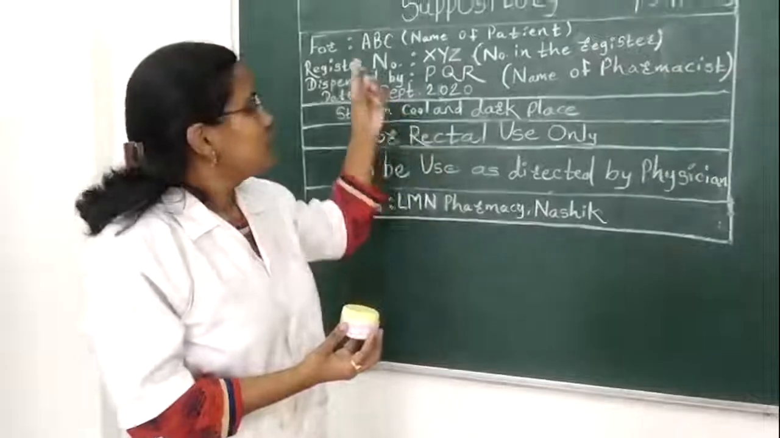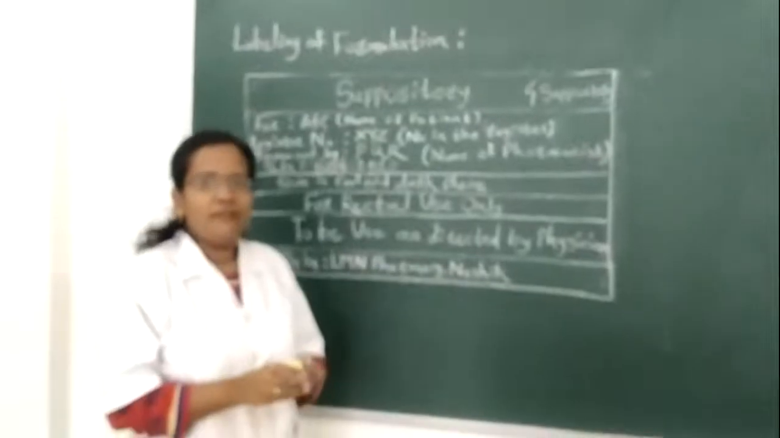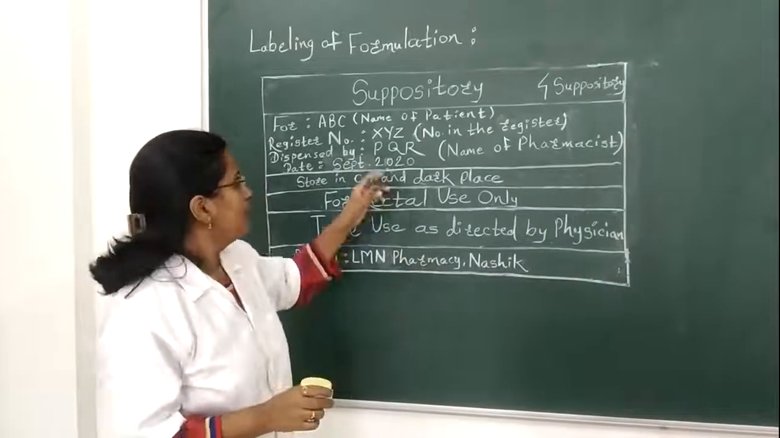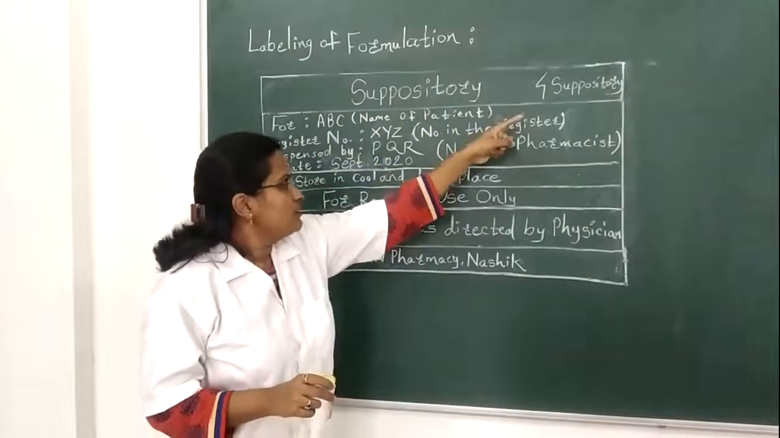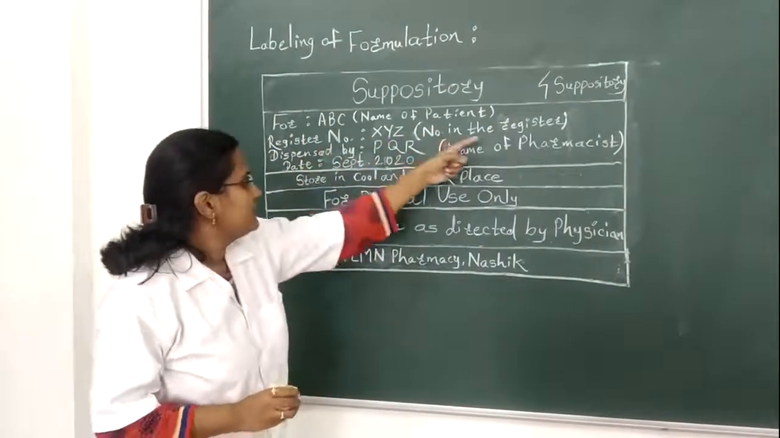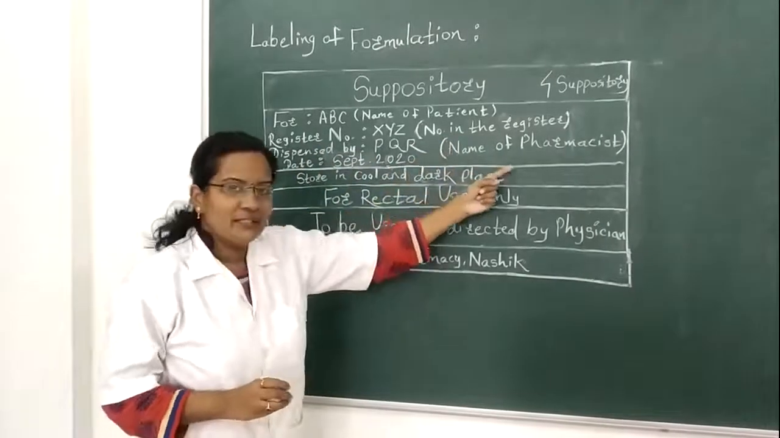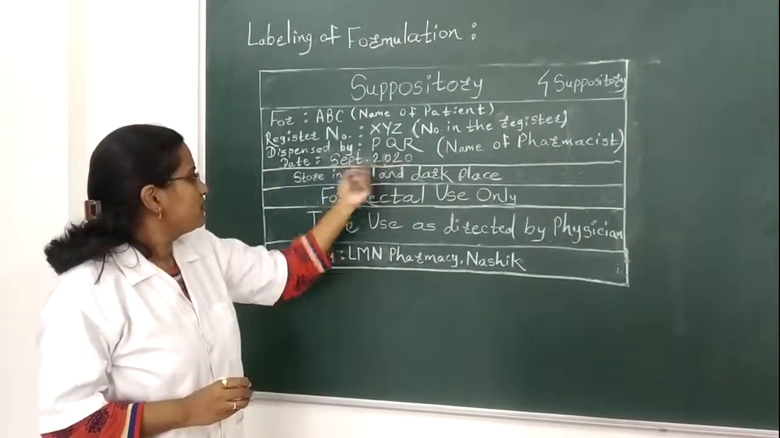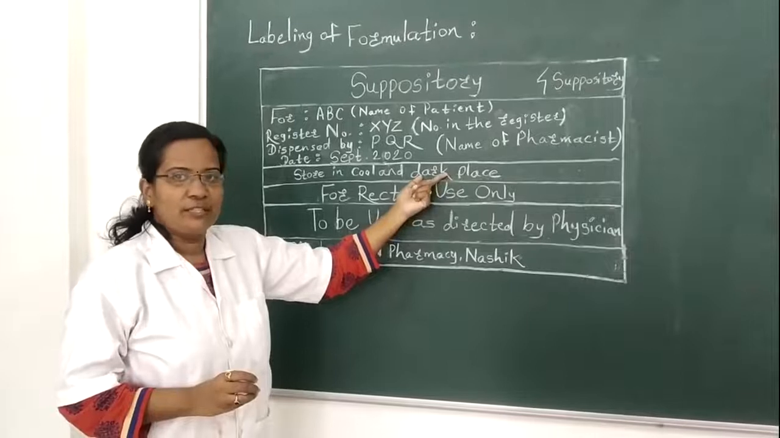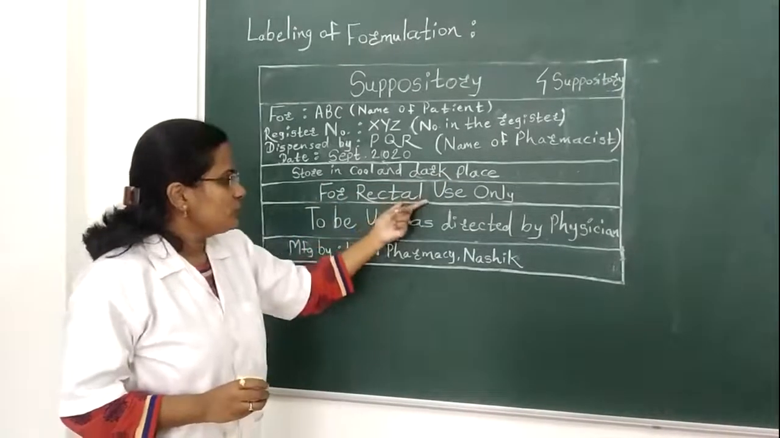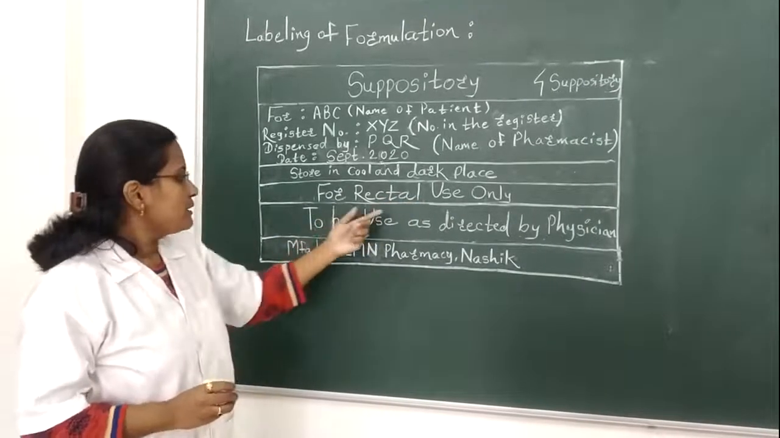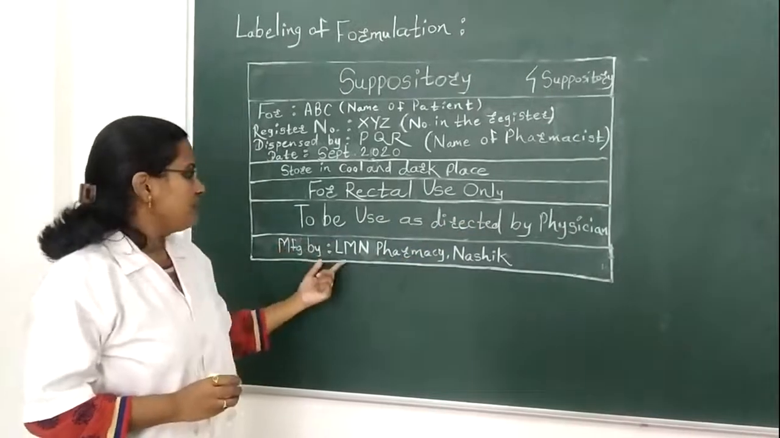So now we will proceed to label the suppositories, which are packed in butter paper and stored in the wide mouth container. Label: 4 suppositories for ABC, that is the name of the patient; register number XYZ, which is the number given in the register; dispatched by PQR, that is the name of the pharmacist; manufacturing date September 2020; store in a cool and dark place, as suppositories are mostly stored in the refrigerator; for rectal use only, or in some cases vaginal use also; to be used as directed by physician; manufactured by Element Pharmacy,